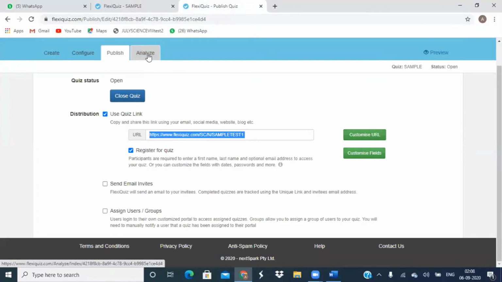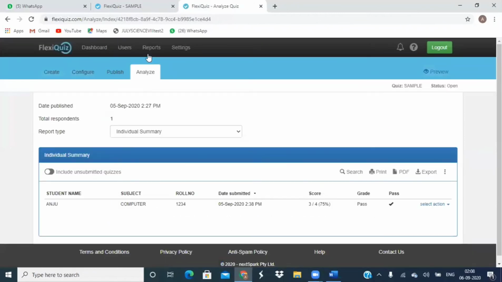Next is your Analyze tab. The Analyze tab is for evaluation purposes. Here you can see the student name Anju, subject computer, roll number, then student marks, then the date or attempted time. Next you can see the score, 3 out of 4, but it's not the actual score. Why? Because it only checks the MCQs part,